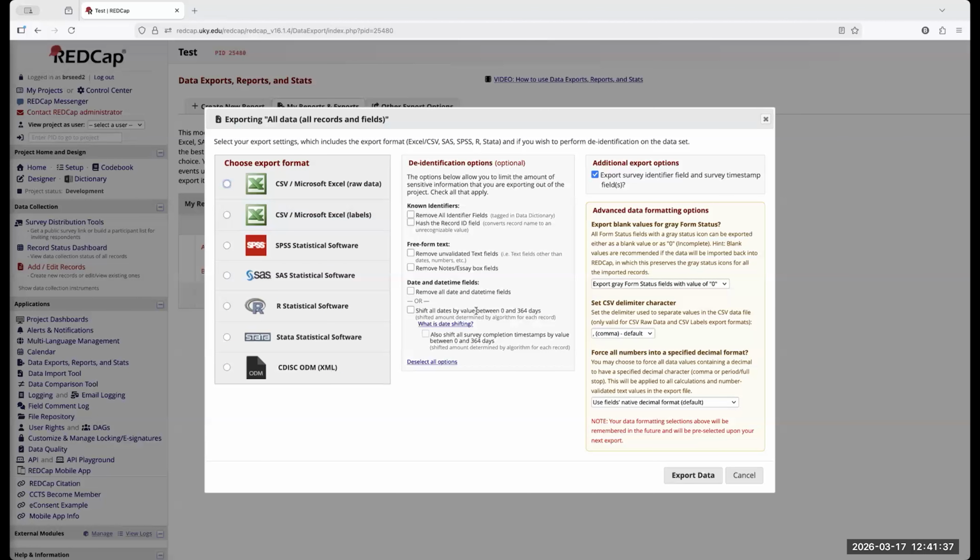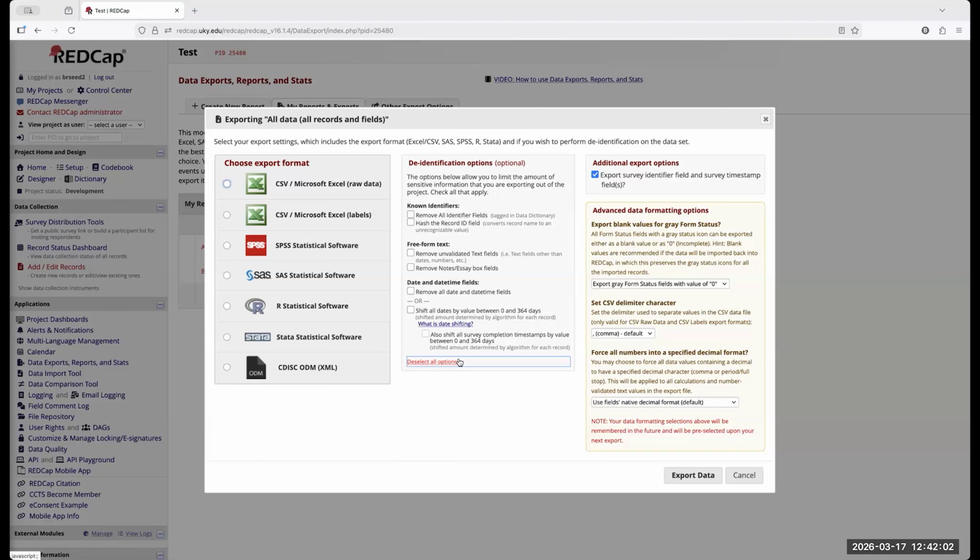You can remove identifiers however you want to export the data. You can do this as many times as you want because an export is only a screenshot of the data. So you can actually do this while data is still coming into the project. Again, it's just a screenshot. No data is actually removed from your project.